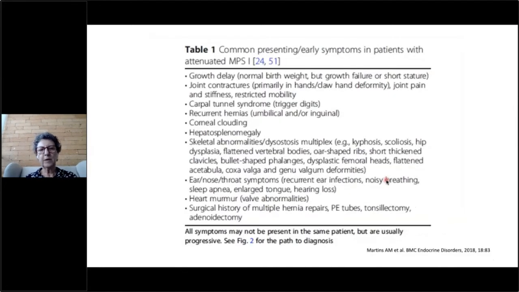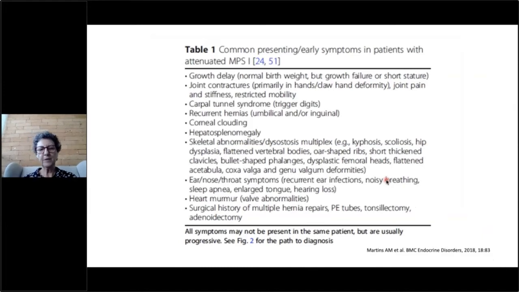Okay, here we have a table with the common presenting early symptoms in patients with attenuated MPS I. Growth delay is one, so important not only for MPS I but for all MPSs. Normal birth weight, but growth failure or short stature. Joint contractures, primarily in hands, claw hand deformity, joint pain and stiffness, restrictive mobility. Carpal tunnel syndrome, recurrent hernias, umbilical and/or inguinal, corneal clouding,